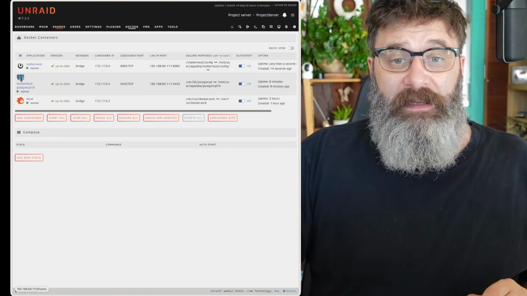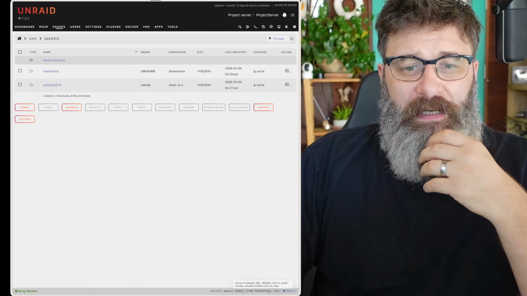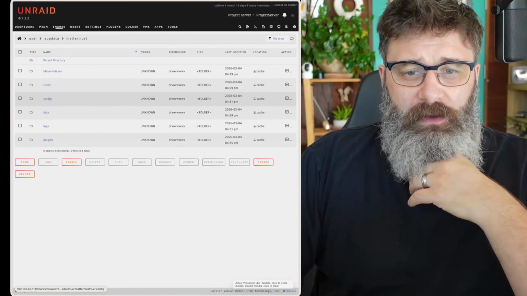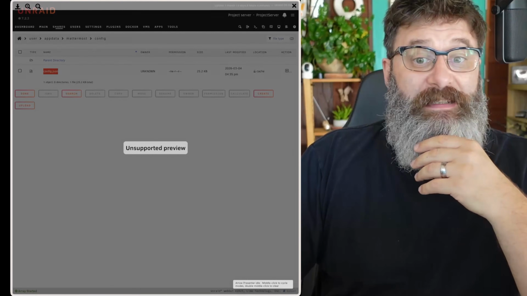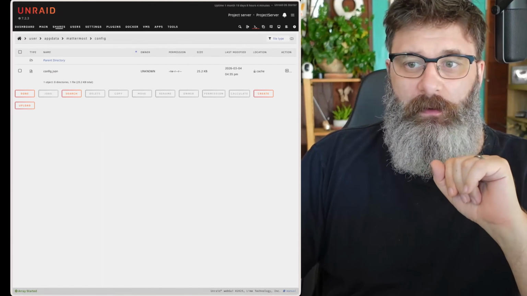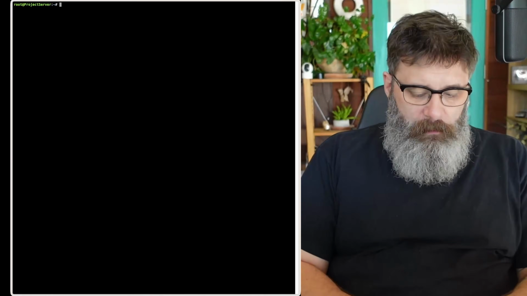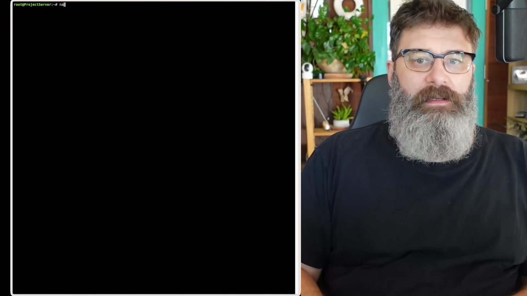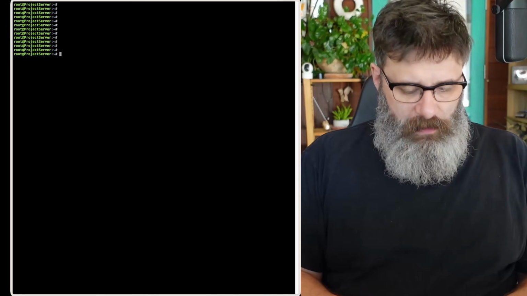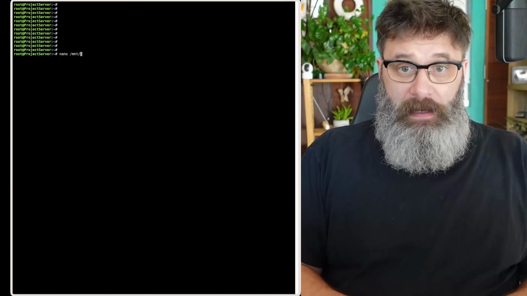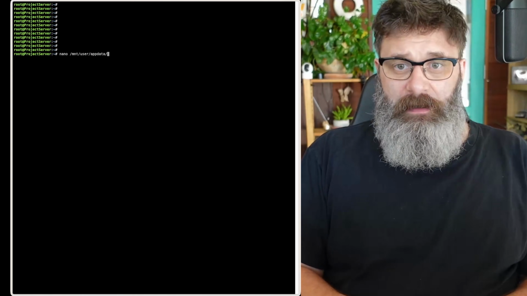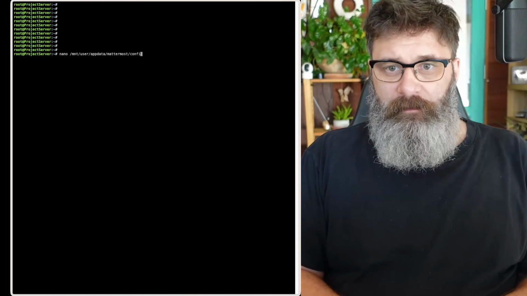Let's do that. So back in Unraid, we can look and we see our Mattermost and then config.json. We need to edit that file. Can't do it here, so I'm going to go through terminal. Again, let's click up in our icon for terminal. So I want to nano, actually, I don't think you can see that. Okay, so I want to nano /mnt/user/appdata/Mattermost/